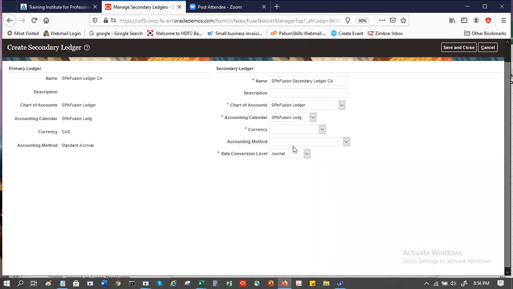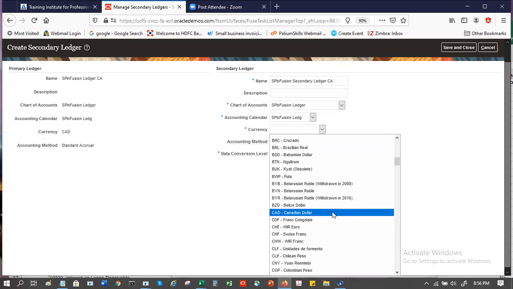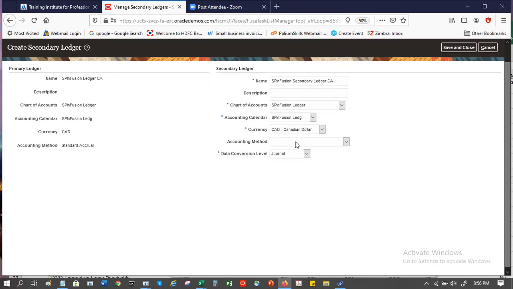We had said one of them can be different. So here I'm going to choose another currency. Okay, and the rest can be the same. And for data conversion levels, we can just leave it at the journal if required. So we say save and close.